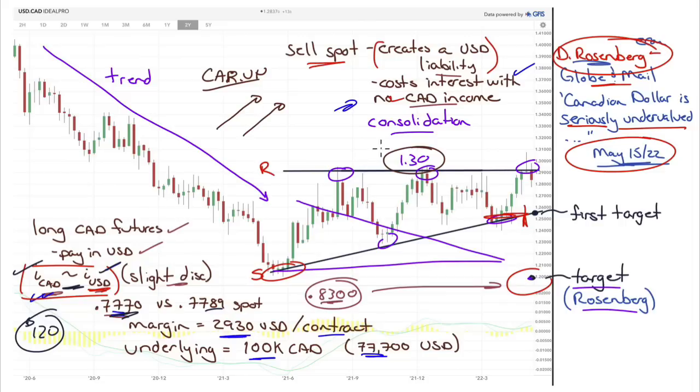You may be looking at this and saying, buddy, you got a triple top, and you're hanging out at the triple top. That is dangerous. This is not a very good consolidation pattern. I agree with you there, by the way. It's not a very good consolidation pattern at all, because I don't want to see a consolidation pattern formed from a downward trend. This looks more like a reversal than a consolidation right now. But you may be saying, no, you're wrong. You and this Rosenberg fella, you're wrong.